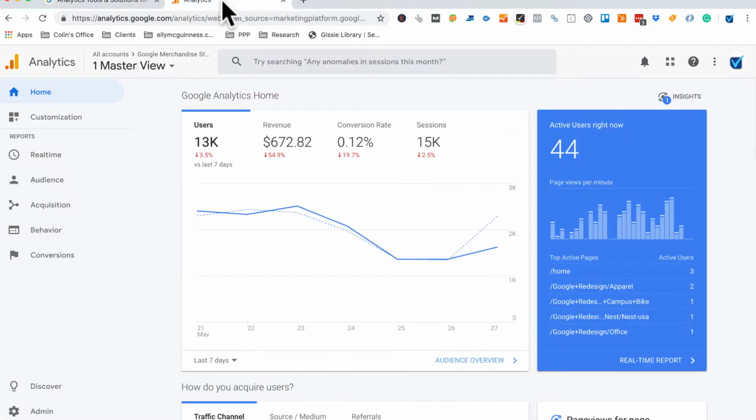There we go. Cool. So we are logged in here. Remember, we are using live demo data from Google Analytics' own store, so we don't break any confidentiality. So we're logged in. The first thing we want to do is go to behavior,